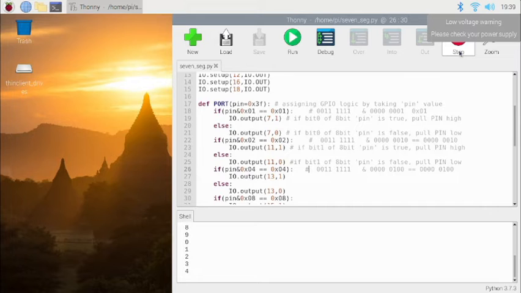Now I will stop. So you can see the last number is 5, and on the 7 segment also 5 is there. Now I am running this again, and it will start from 0. This is because our program will execute from 0 itself because of the for loop, right? So this is how you can interface 7 segment.